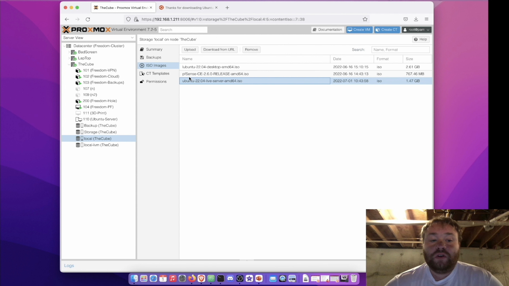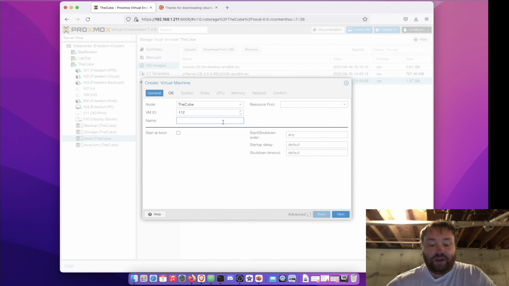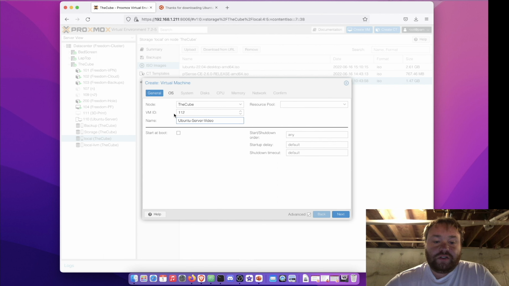So the next step in creating our VM is to press this button, Create VM, and give it a name. Pay attention to this VM ID. It can be important later on. And if you have a multiple node system, it's right here. You can select the node. We can also select if we want to start this VM with the reboot or boot of our Proxmox server